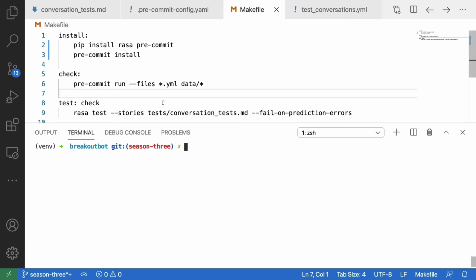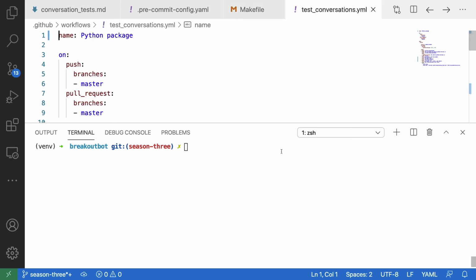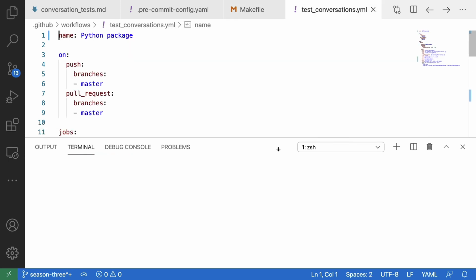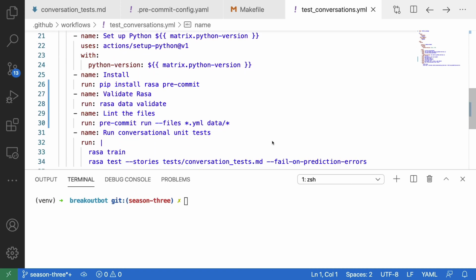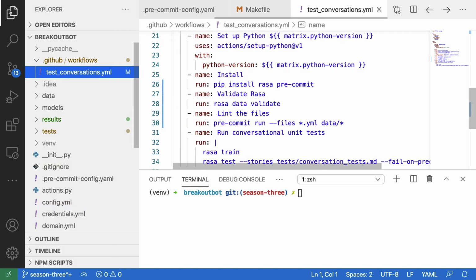Now, I wanted to have these changes be reflected in my GitHub Actions file as well. So I've added some things in here. In particular, the pre-commit command is now part of my tests, but there's one extra thing that I've also added, which is this rasa data validate command. What this command effectively does is it just makes sure that some of your files play